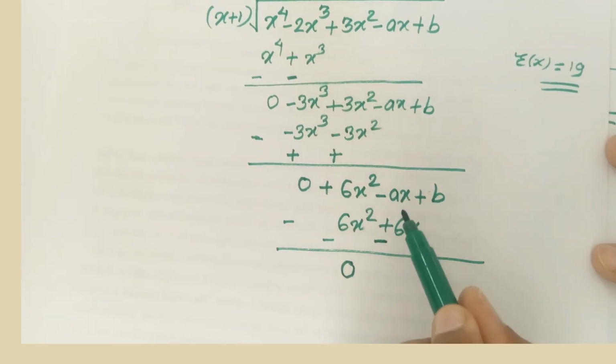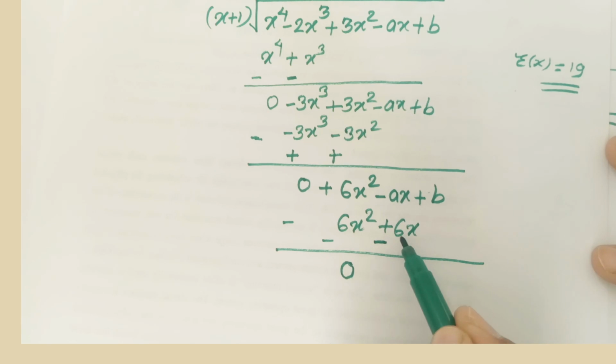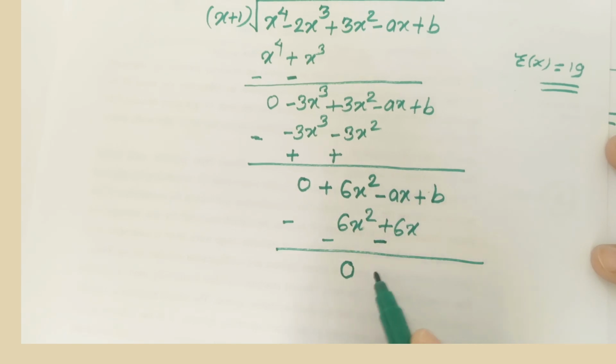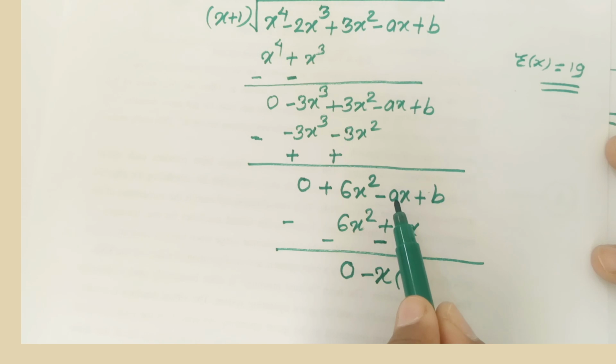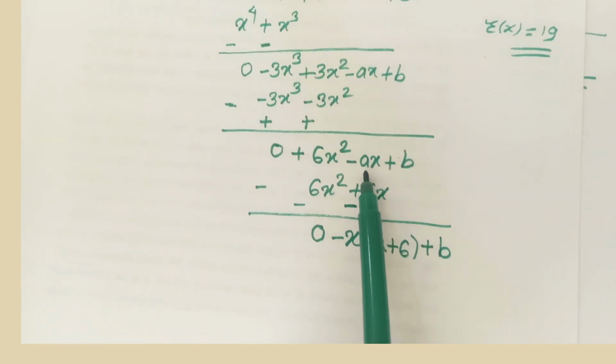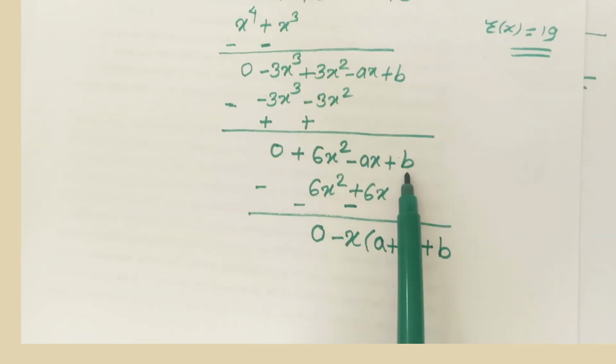If we are subtracting this term, then the terms are similar, 6x square minus 6x square. So here 0, and here ax and 6ax, again here constant a. We don't know the value of a, that's why it is not possible to add this term. Just take x common, so here minus x and minus x, so I am taking minus x common. Then the first term remaining is a and the second term remaining is 6, and here plus b as it is.